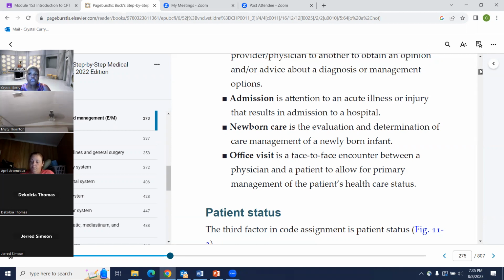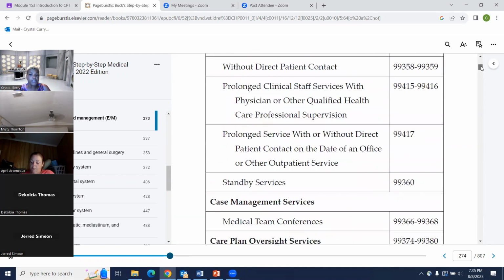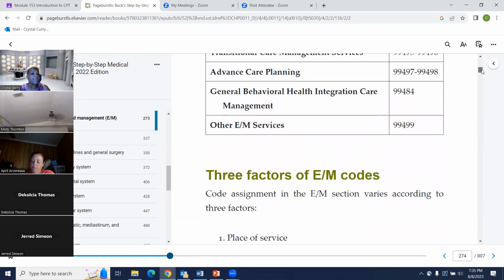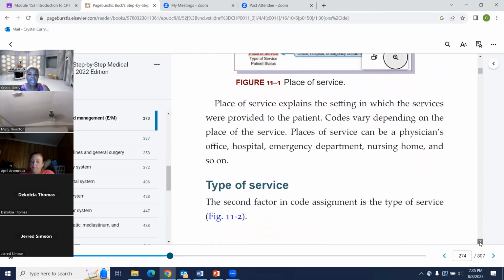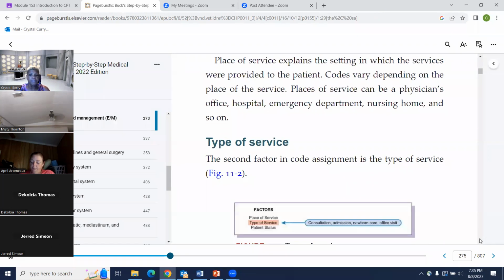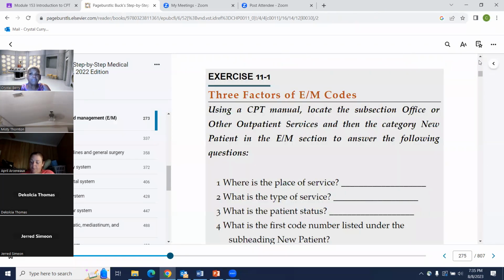So in order to do any placement of services, you have to have the 3 factors. You have to have the place of service. You have to have the type of service. And what's next? Place of service, type of service, and what?